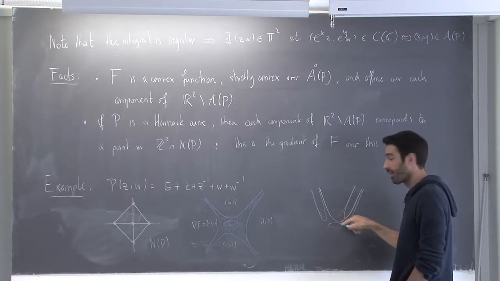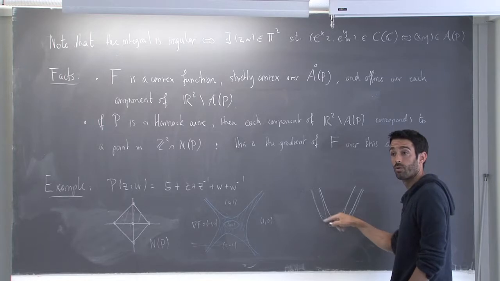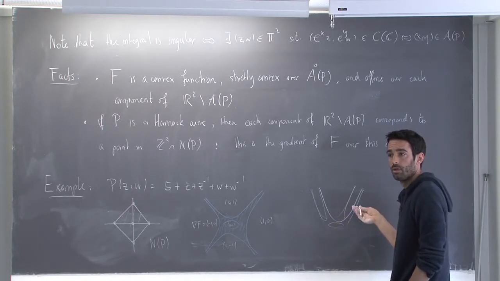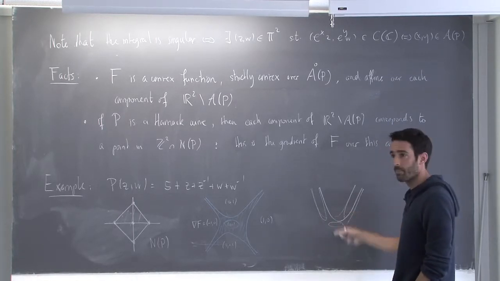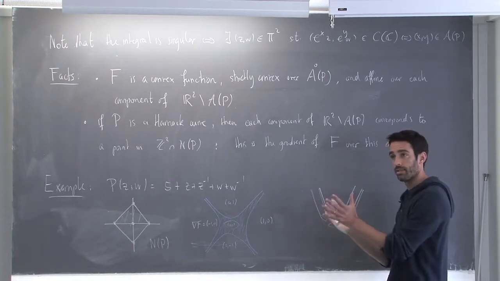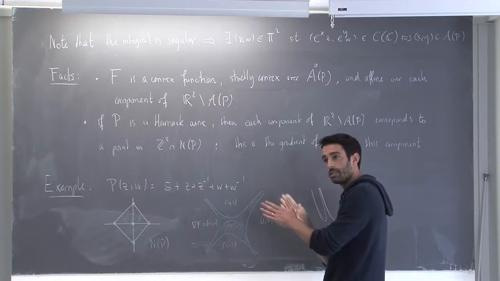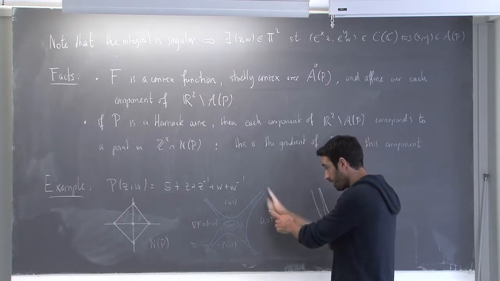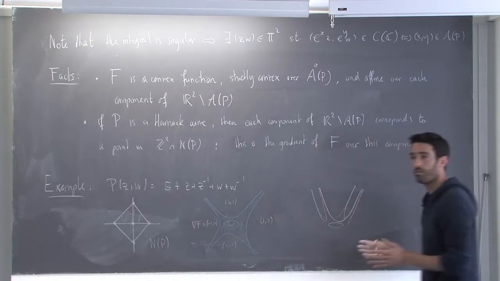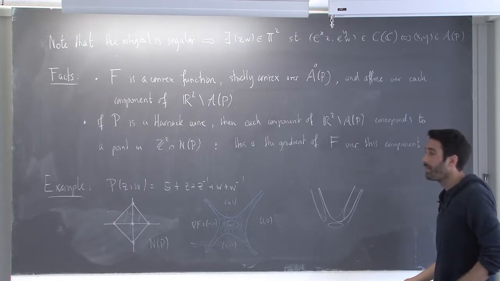Right? Because here we're flat. It's constant. It's locally constant here. And this is of course just one example, but then you know that it's strictly convex on the amoeba. You know that if you're on this component here, then it's going to move in this direction. If you change this direction here, then you're not going to move, etc., etc. So this is already quite